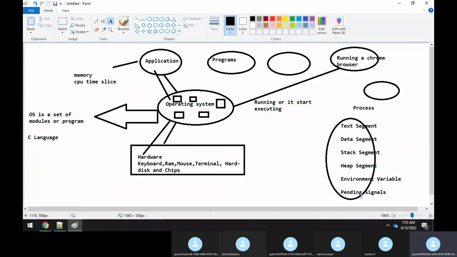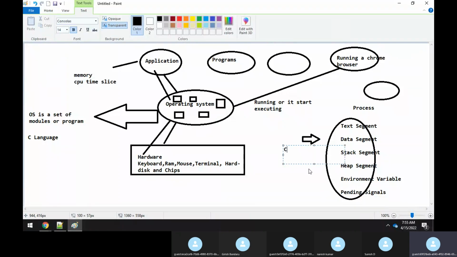Now all these resources are filled, and the process management will allow this process to run. How will it allow the process to run? The process management module has to assign some CPU cycles, some CPU time slice, and then make sure that the process runs. To do that, the process management module will talk to the scheduler: make sure this process runs. Based on the time slice, the scheduler will make the process run.